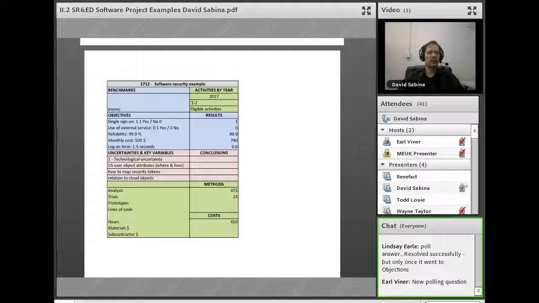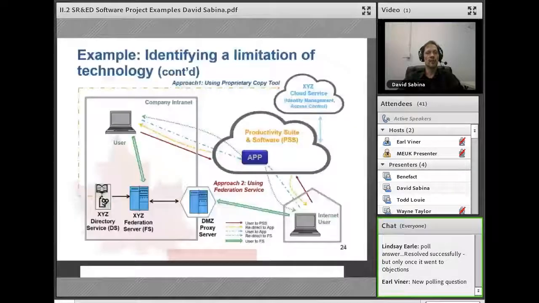We'll talk about the nature of the documentation that they want us to identify. So they say that the limitation of the technology in this example is that they have a single sign-on option available with an XYZ cloud using something called the WS Federation Protocol. The cloud's identity management trusted the Federation Service Protocol to provide security tokens. The technology base, including understanding how the XYZ identity management worked, was insufficient for the company to develop a solution to overcome the restrictions.